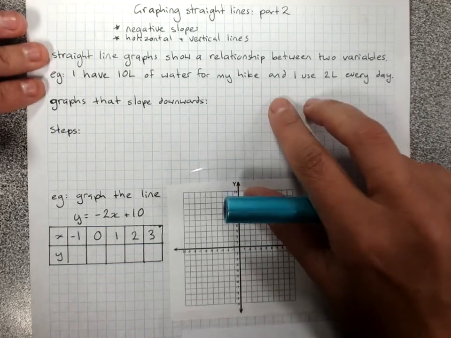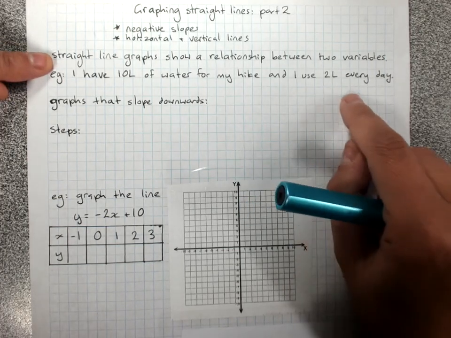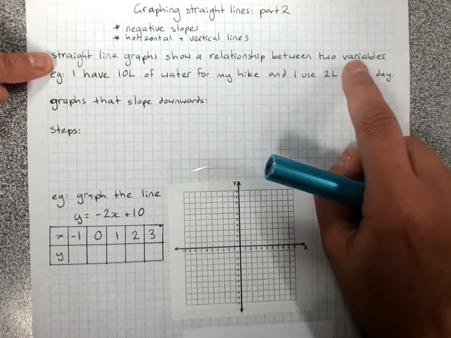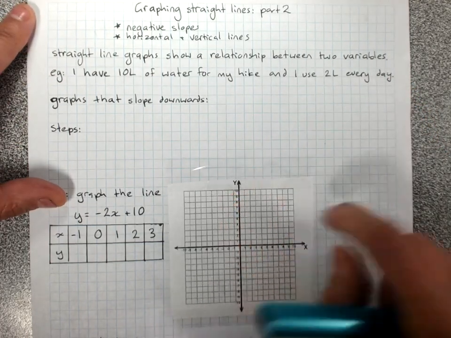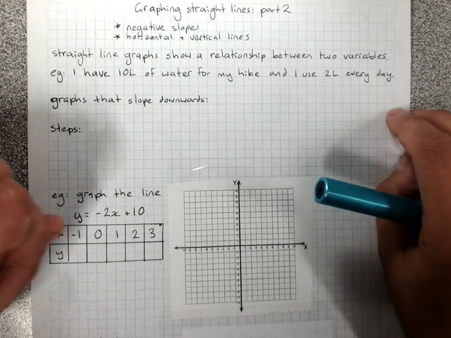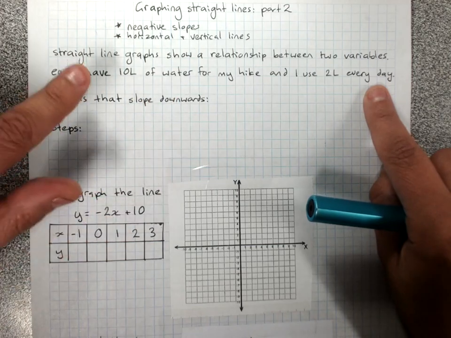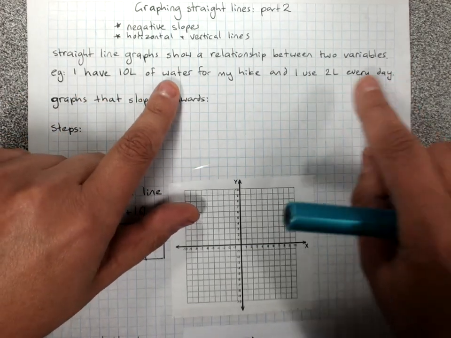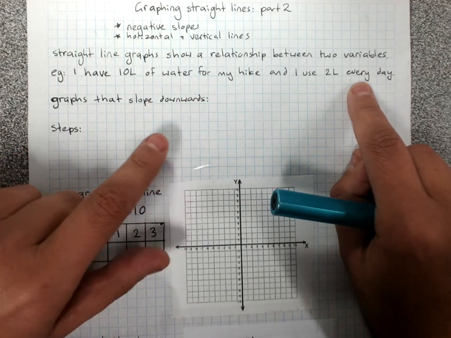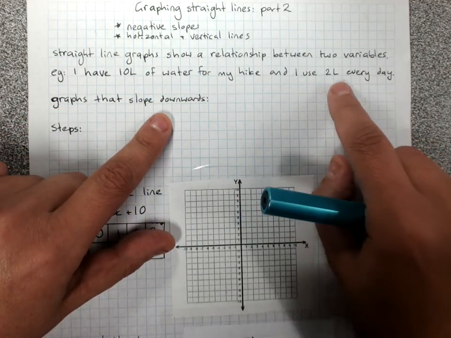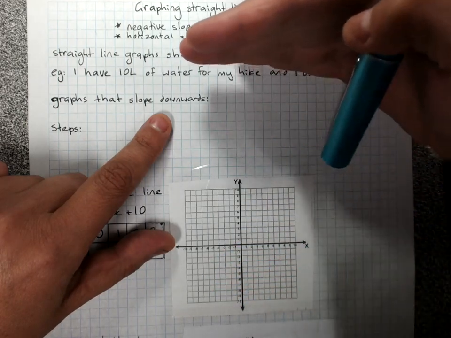Now, one thing that we should mention is that straight line graphs show a relationship between two variables, two things that can change. And on our graph, they're x and y. But in real life, they might be things like how many days I've been hiking and how much water I have left. If I have 10 litres of water for my hike and I use 2 litres every day, you can see that using 2 litres of water every day would mean that the amount of water I had would